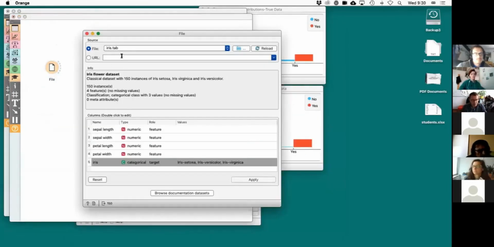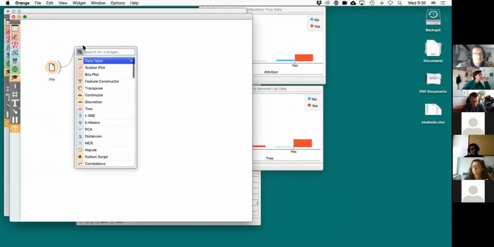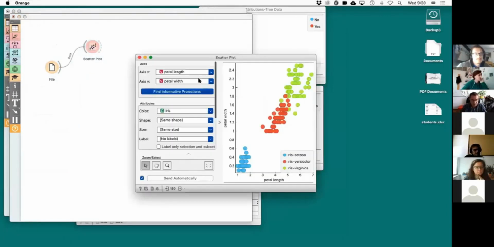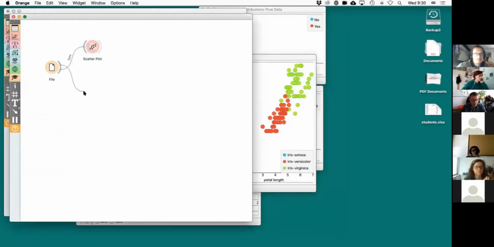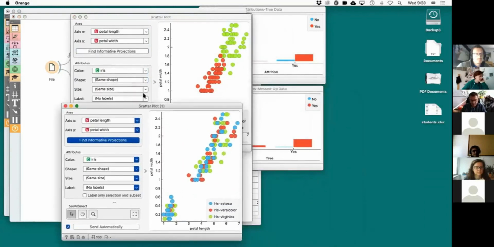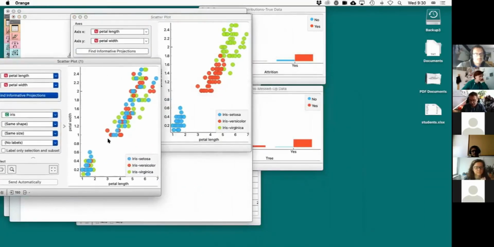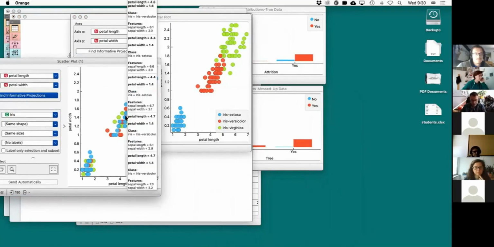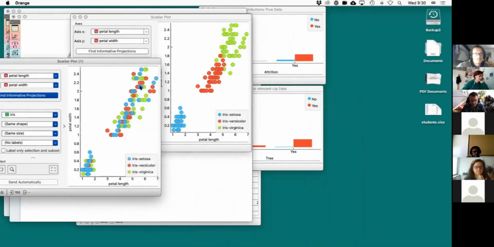Let's see if this is possible with Iris. Iris is much simpler, right? Iris has this nice scatter plot like this. If I randomize the classes and I show you the scatter plot, the same scatter plot is going to look like this, okay? So now the scatter plot has the same shape, but the classes have been messed up. You see that the colors that refer to the class, now I have this mixture. And one would say that from this there's no way I can predict anything.